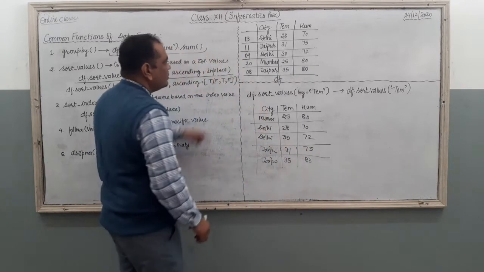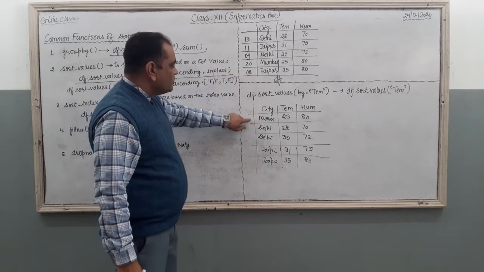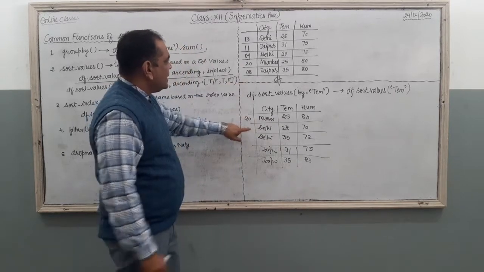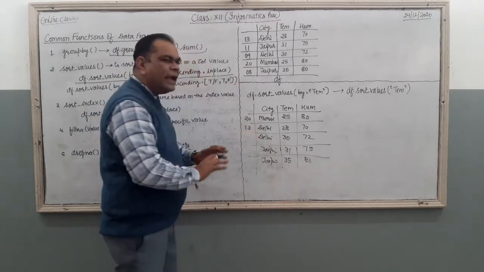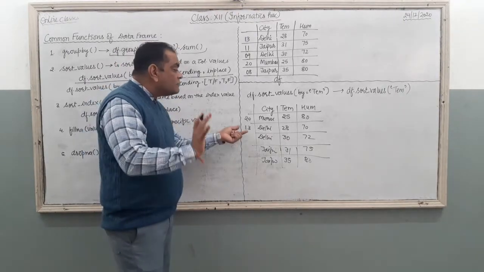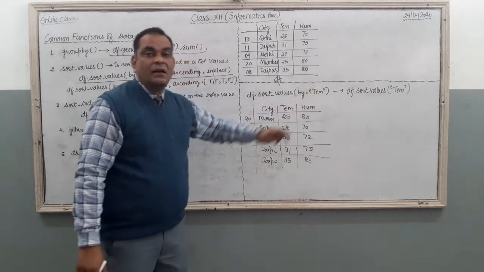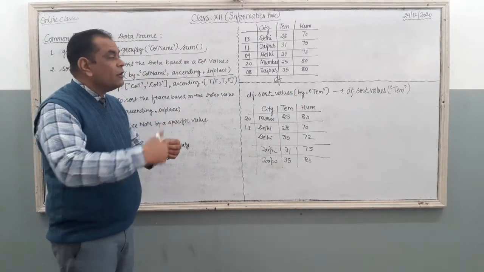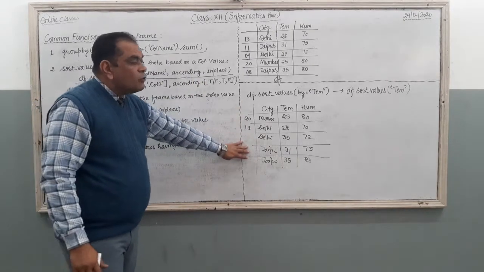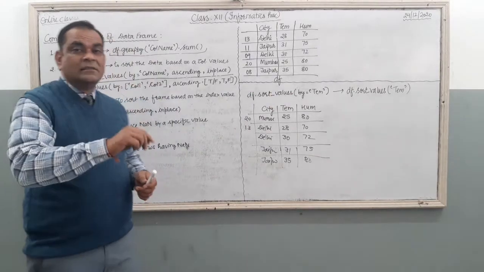Now just see the data frame, and the indexing also. Indexing is 13, 11, 9, 20, 08, right? Very first we put this Mumbai record, indexing is 20 here. Then the second, Delhi 28, indexing is 13. Each and every column value as well as index values are changed based on the sorting level of the selected column. Right? So this output will be produced if you use the sorting on the basis of temperature.